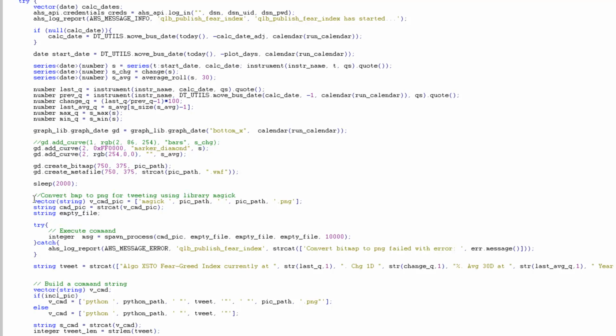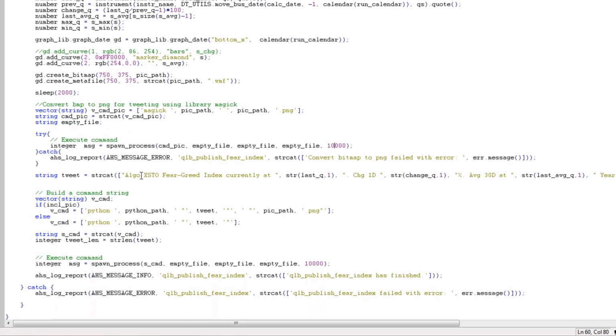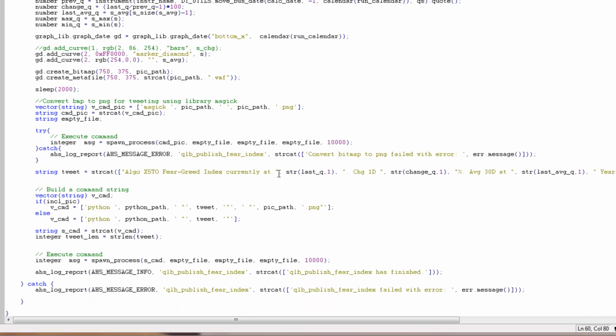So the first thing that will happen is we convert it, and then the trick here is to run the command line to get a PNG of this graph. And then we get to the actual tweeting. So we can now write the tweet that we want to have. We hard code the tweet with the values that we want to send. So we can see that we're passing the values